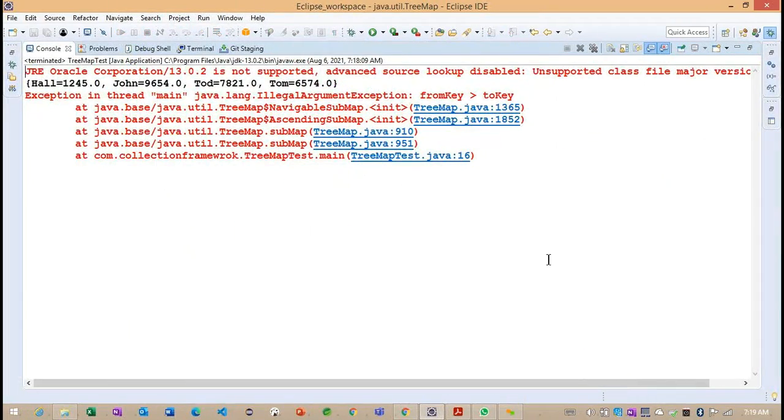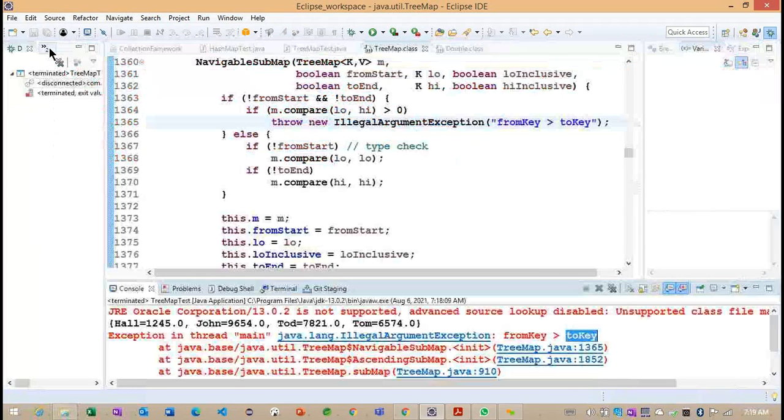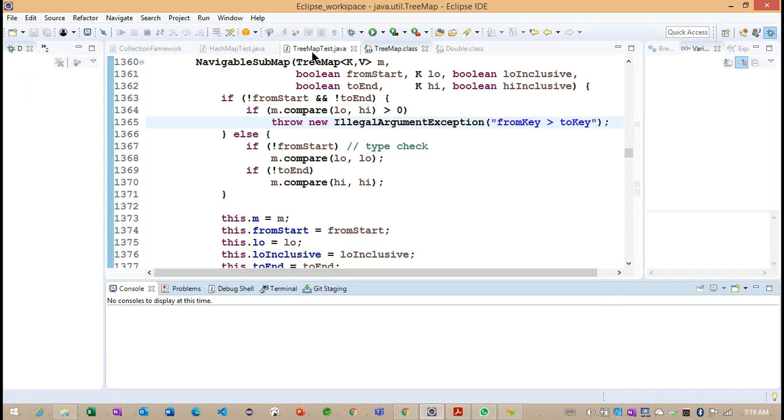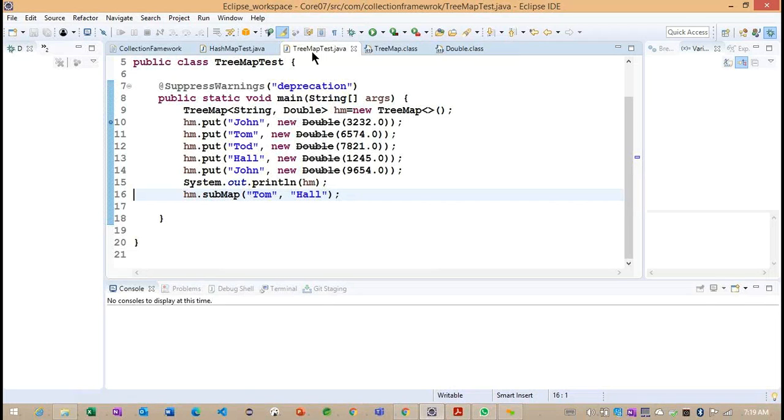So we are getting an IllegalArgumentException here, because fromKey is greater than toKey. We need to provide the proper keys here, because the keys are going to be sorted.